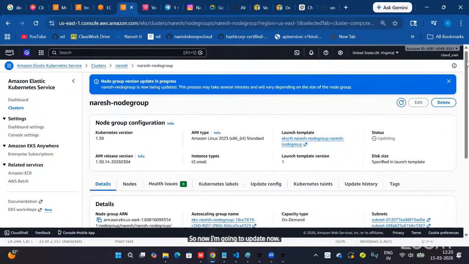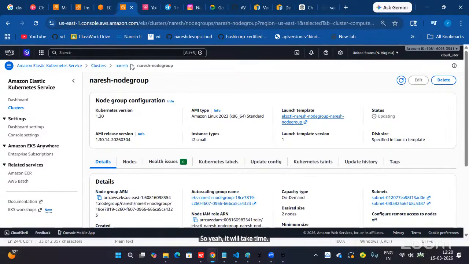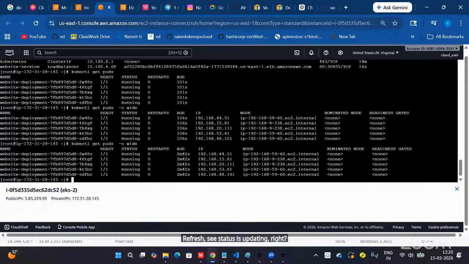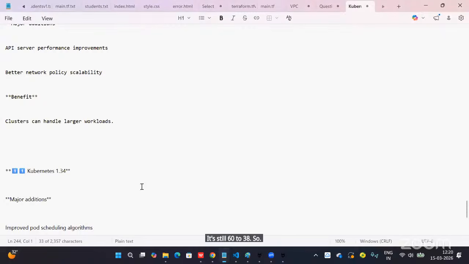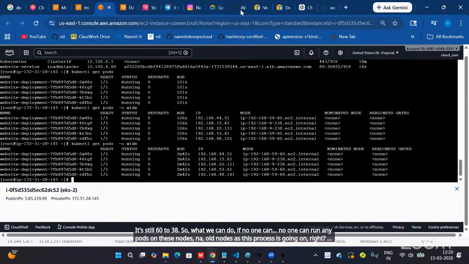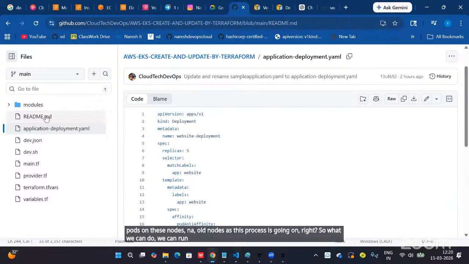So yeah, it will take time. Refresh. See, status is updating, right? Still 60 to 238. So what can we do? Since this process is going on, we can make sure no one runs any pods on these old nodes, using the cordon command.